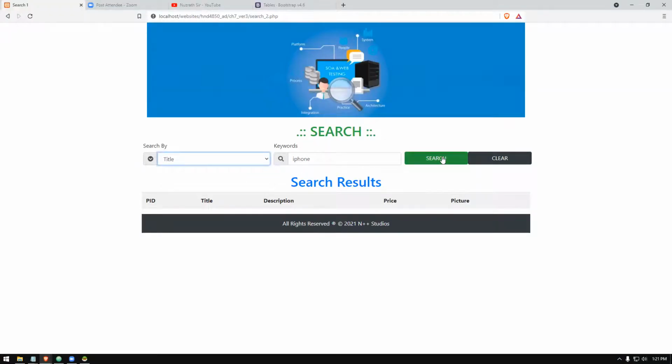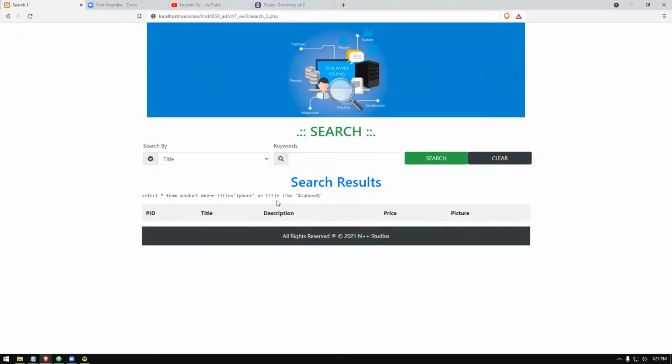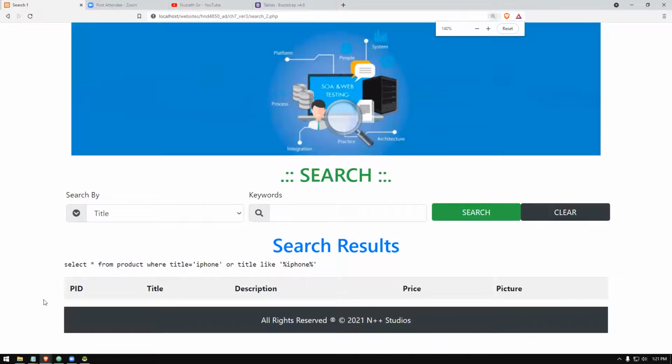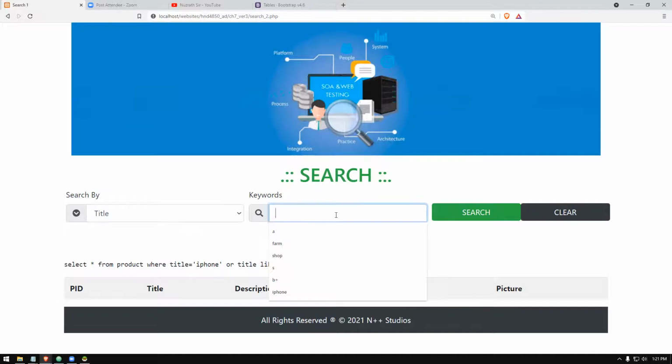Let's search like this. But we'll see what is going to happen. Yeah, it is generating the SQL command. As you can see, select all from product where title equals iPhone or title like iPhone. Actually, I have it as iPhone. I saw something there. Even if you search IPHO, this will be enough to look for the records, right? So that is what is getting recorded.